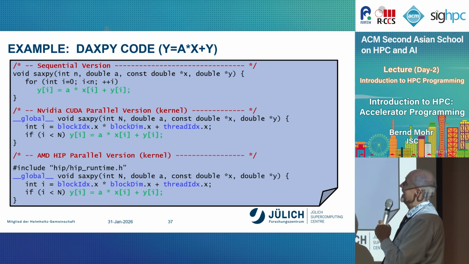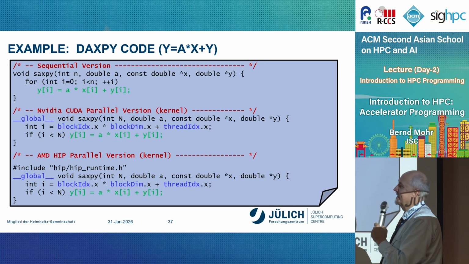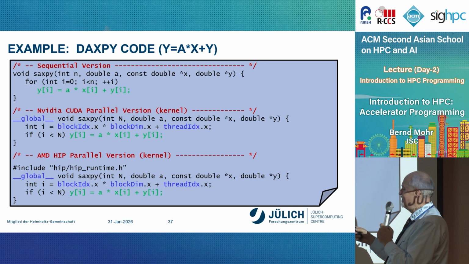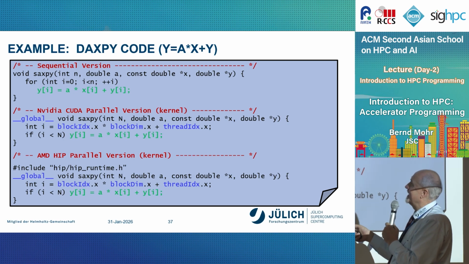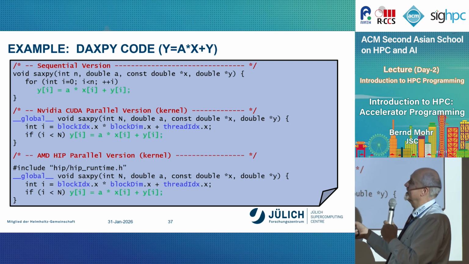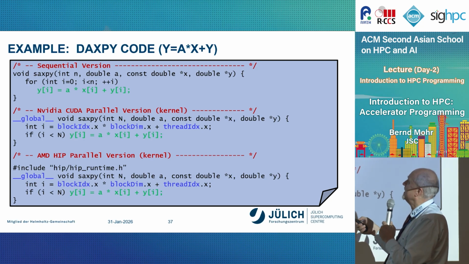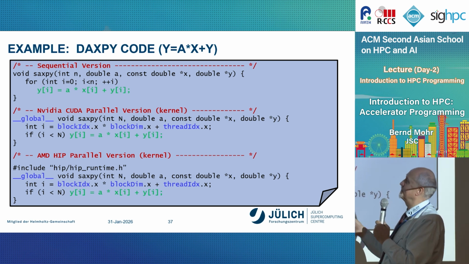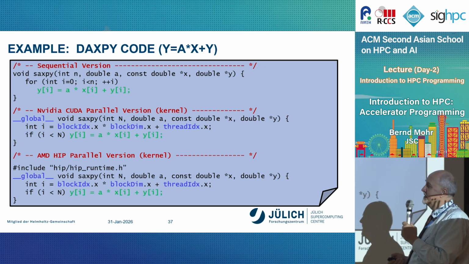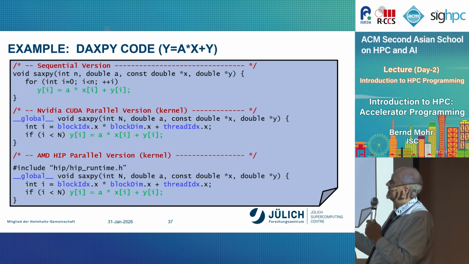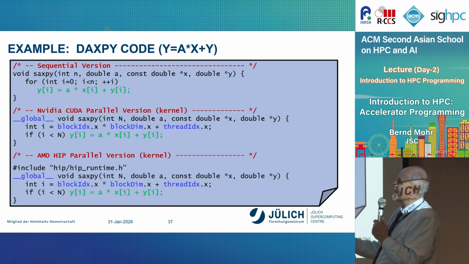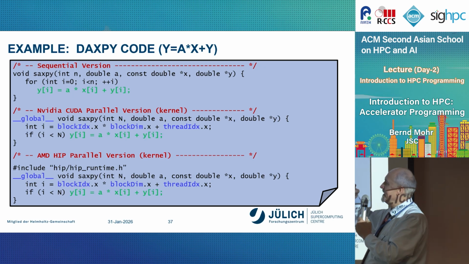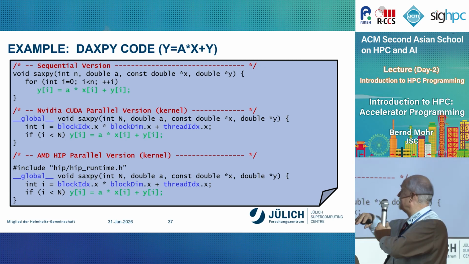Okay, and here's a simple example. This is a typical function in linear algebra: I want to take a vector, multiply it by a constant, and add another vector. This is called SAXPY. You would write it basically in this way. If you want to do it in parallel, this is how you have to rewrite it. You add global in front of it, and then